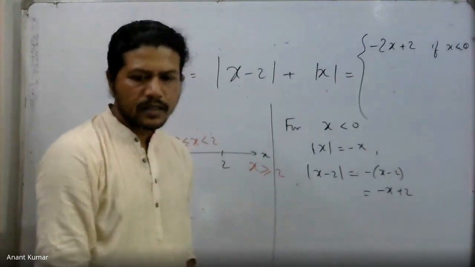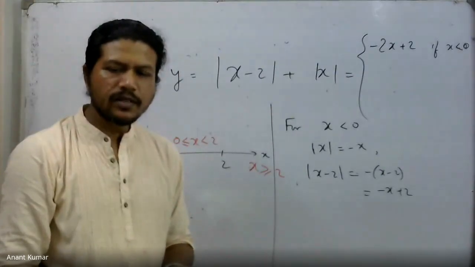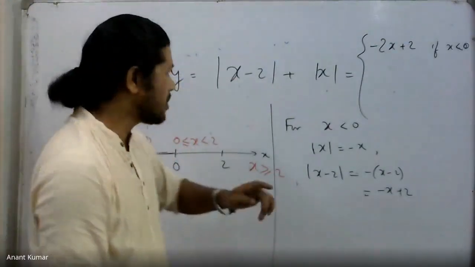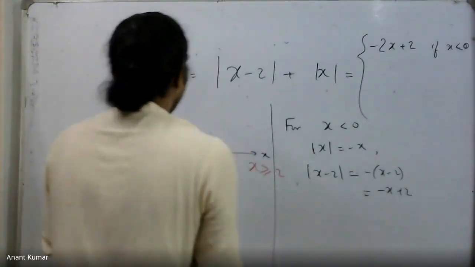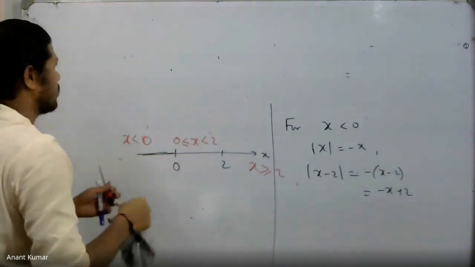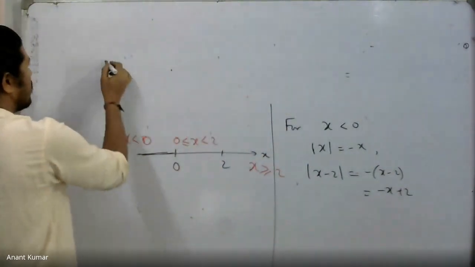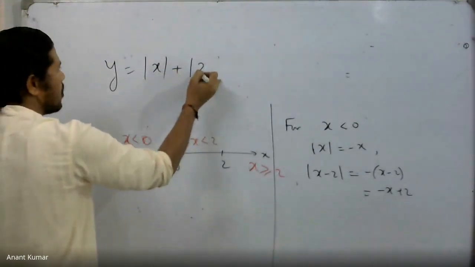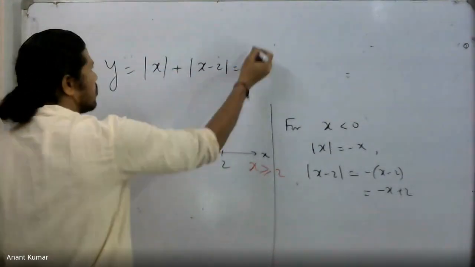Are you looking at your mobile phone in landscape mode, by the way, or simply keeping it vertical? You can try to convert to landscape mode. Anyway, okay, fine, I'll just rewrite the entire thing over there. I'm just going to write down the whole thing again. What we have is this. I wrote down y equal to mod x plus mod x minus 2 equal to